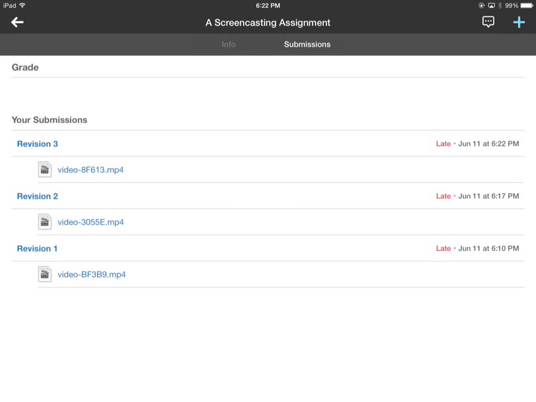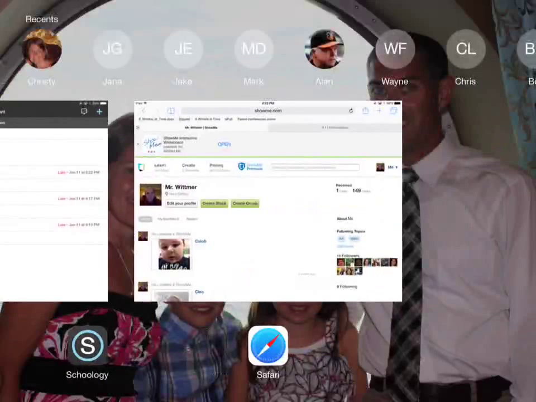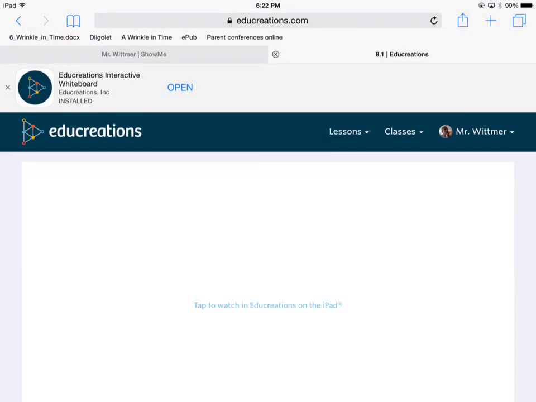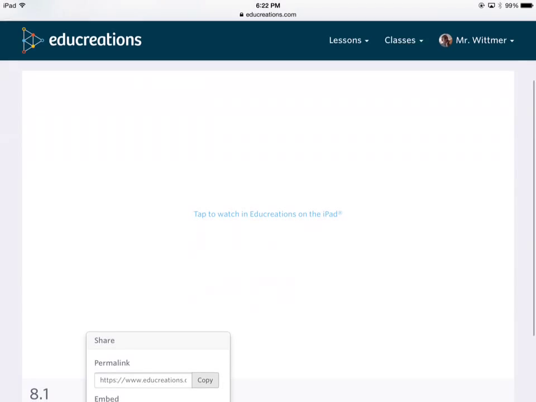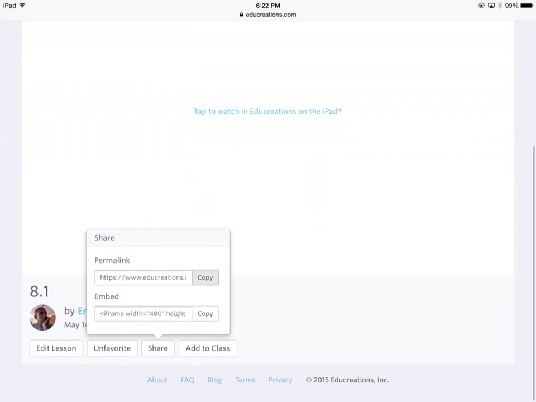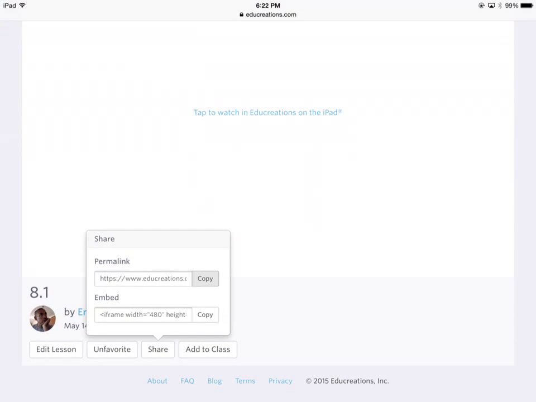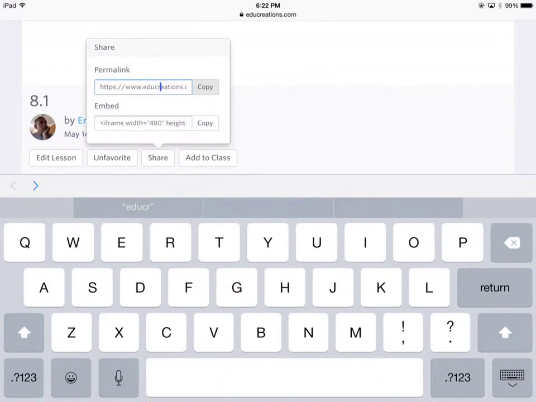Now I'm going to show you how to do the same exact thing in Creations. Here I am in Creations, and this is a video, and it's asking me to watch the video on the iPad because Creations will open it up in the actual app. But what I want to do is scroll down, and down here I have Share. So I copy this URL here,